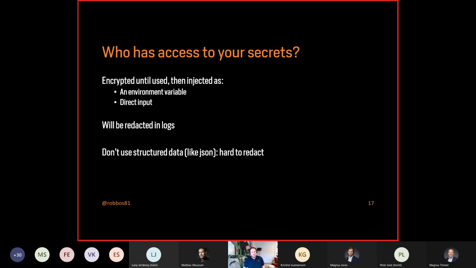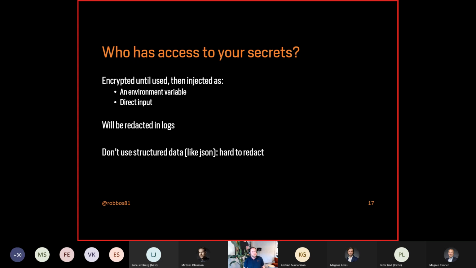And keep in mind that I said, well, it's nice that the secrets are encrypted. Other CI/CD systems can even decrypt them client-side, but you cannot do that on GitHub. But they're only secret until they are actually being used. If you use them in a workflow file and that is being executed, GitHub then will inject it into the workflow as either a direct input to your shell script, for example, or an environment variable that then can be used. And they will try to redact it in the logs, but that value is available for the action as they're doing something with your code.